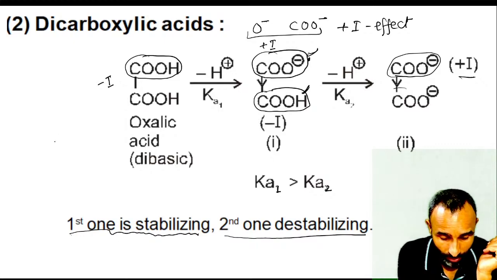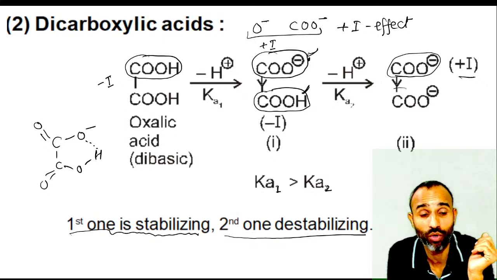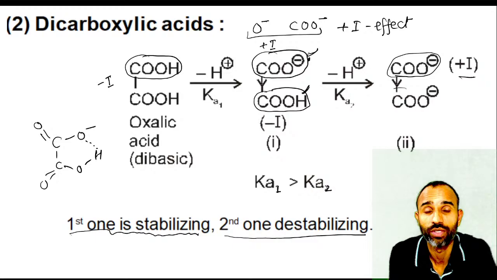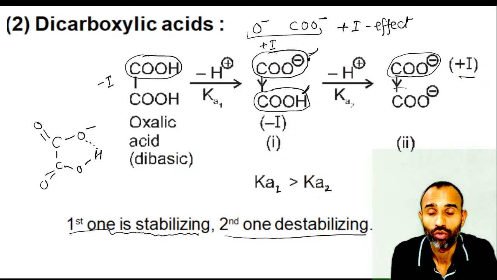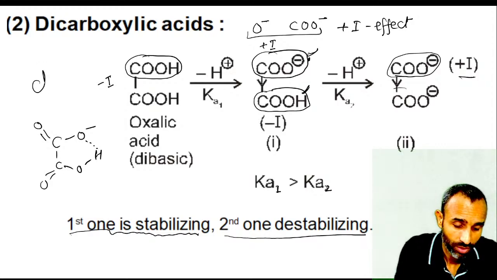At the same time, you can write it like this. So there is an intramolecular hydrogen bonding even, because a 5-membered ring is formed. So you know, whenever 5 or 6-membered rings are formed, that is stable. Chelate formation takes place. So removal of